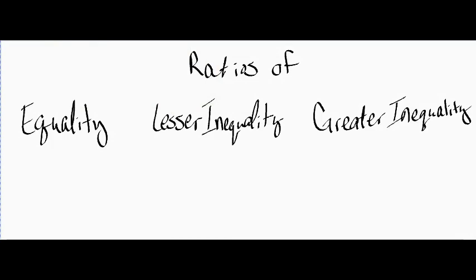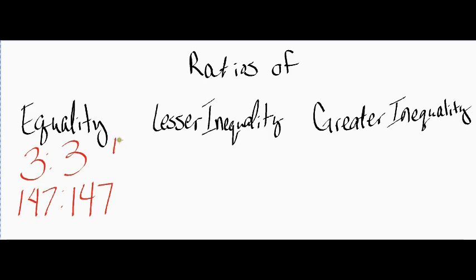So in ratios, there are 3 kinds of ratios. There are ratios of equality, ratios of lesser inequality, and ratios of greater inequality. It's pretty simple to see a ratio of equality, as you're just going to be comparing two numbers that are the same. It is going to be equal all the way across. It doesn't matter what number you have, it is going to be the same. If you were to write it as a fraction, again, you'd have the same number for the numerator and the